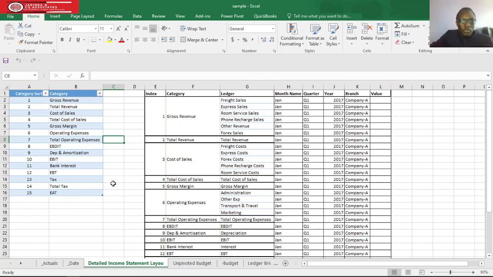Normally when we generate an income statement, you always have various layouts, but the layout should be detailed, such that when you see your income statement, you should be in a position to see the details of it. For example, now we have gross revenue, but when we come up with an income statement, we should also see the categories of